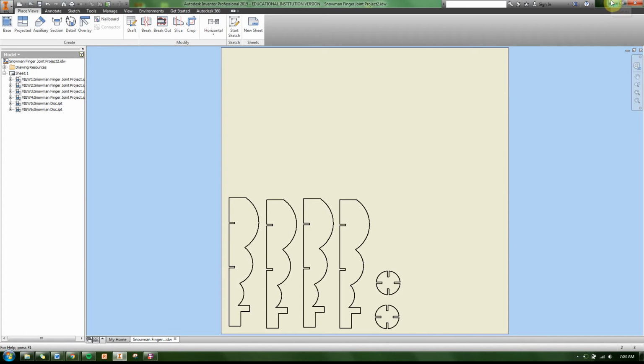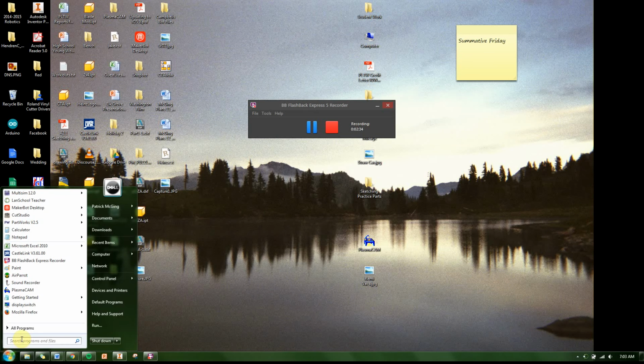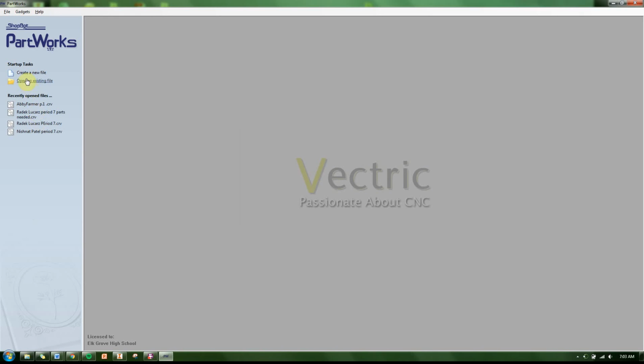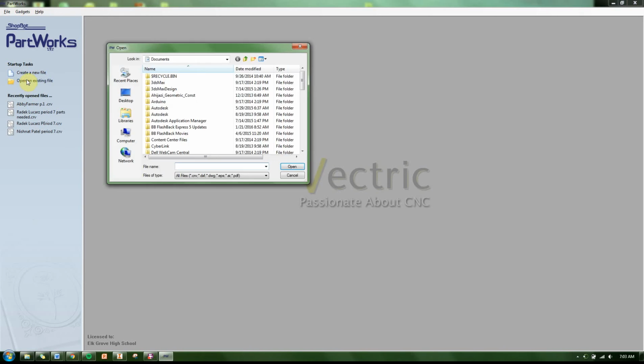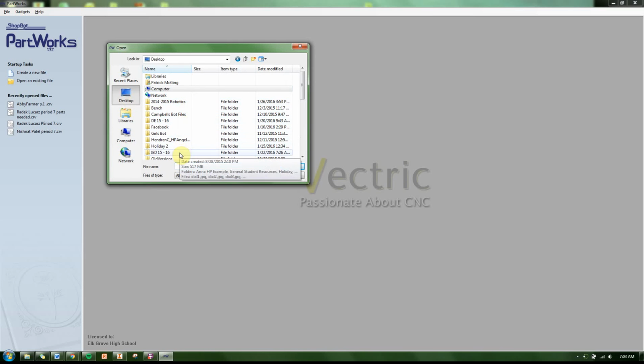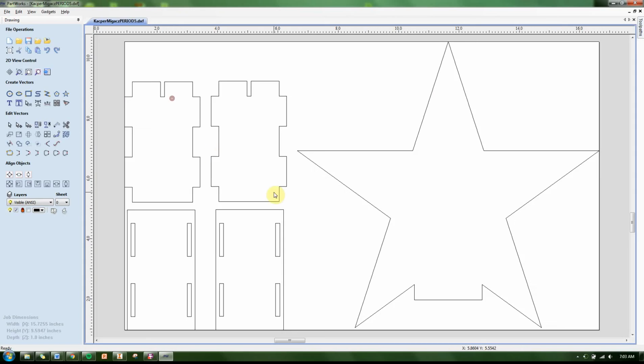From there, you can go to PartWorks. You may have to search for it. We want PartWorks V 2.5. You want to do open an existing file and find that DXF you had just saved. And when you open this file,